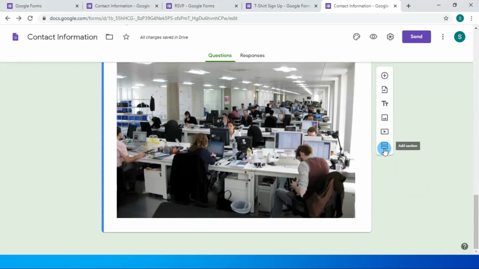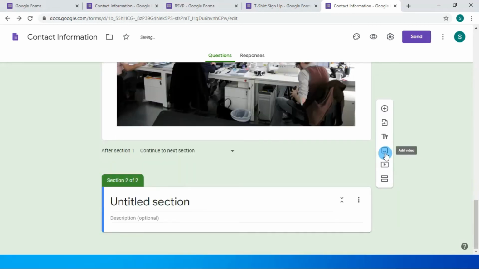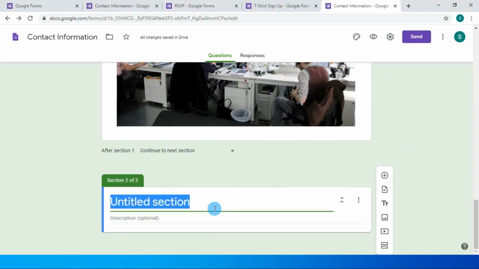So when we click this add section button, you can see that another section of the form is created, so that we can split our form in two sections. So here we will add another section for professional information. Like this we can add more questions by clicking this add question button. We can import questions from our previously made form. We can add titles and descriptions. So this is a very simple form, we can create it easily.